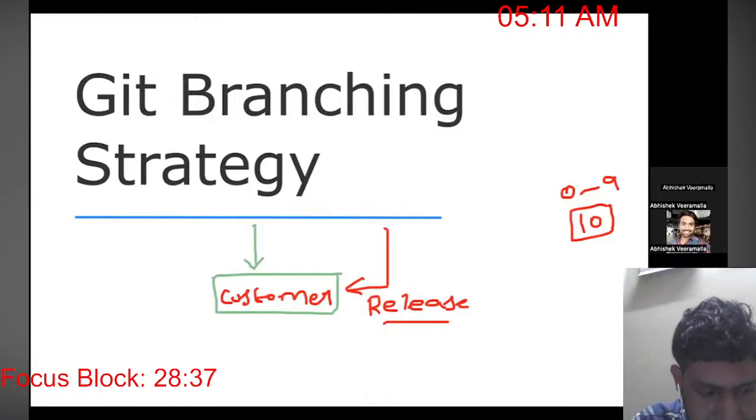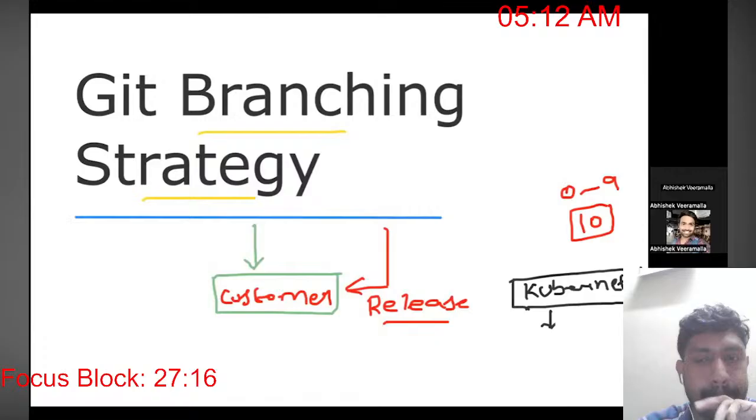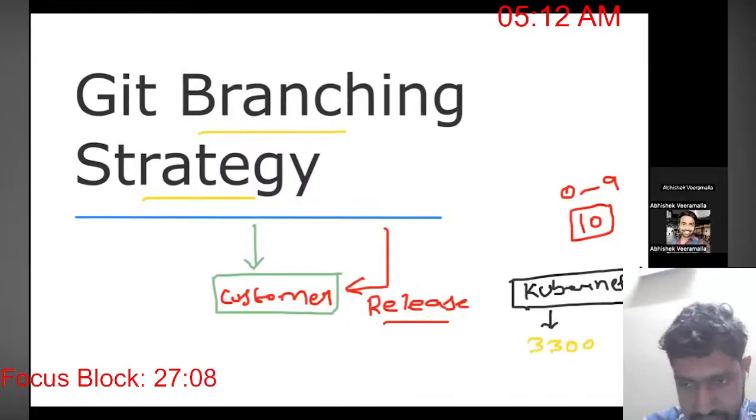Kubernetes is hosted on GitHub. And one of the great reasons why I'm choosing this for the branching strategy topic is that Kubernetes has close to 3,300 contributors. That is more than what you would have even in your current team or current organization for a Git repository or a source code repository. I don't think many people would have this number of contributors. So that's why we take a look at Kubernetes and